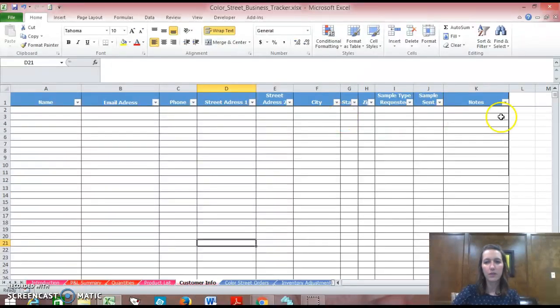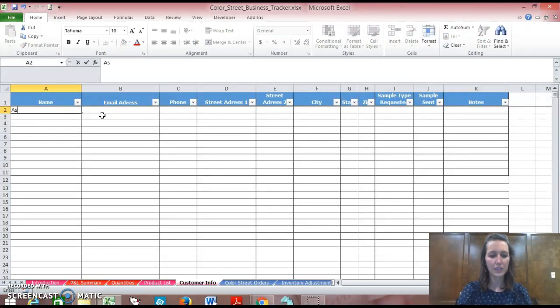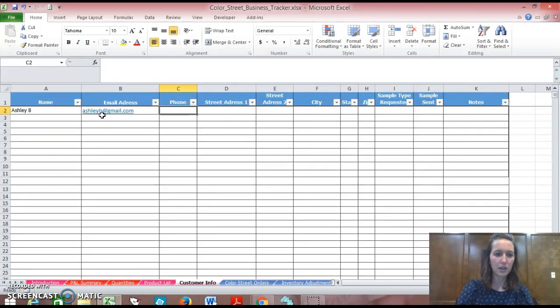The customer info tab is just here so that you can populate information about your individual customers. I like to use this tab for sample requests. So I'll go ahead and populate this and show you an example. Let's say Ashley B requested it. I can put in maybe her email address is ashleyd@gmail.com. I can put her phone number, her street address,